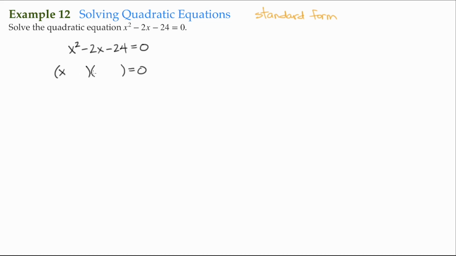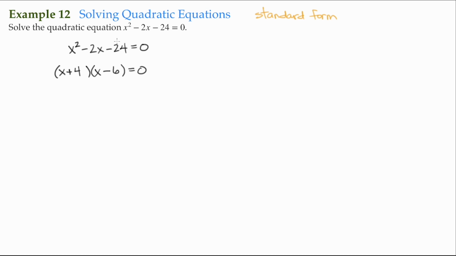So I'll put in my x's. Now again, since the constant here is negative, there's only one way when we multiply two values together to come up with a negative. That's if one of them is positive and one of them is negative. So we're going to look for two values that, when we multiply them together, give us negative 24, but when we add them together, give us negative 2. And they have to be 4 and 6. So x plus 4 times x minus 6